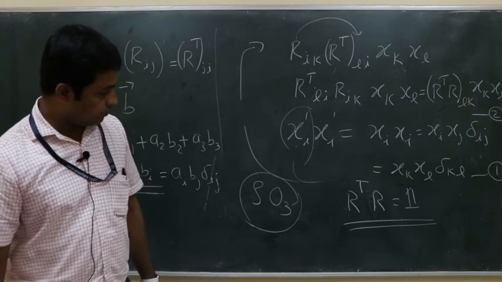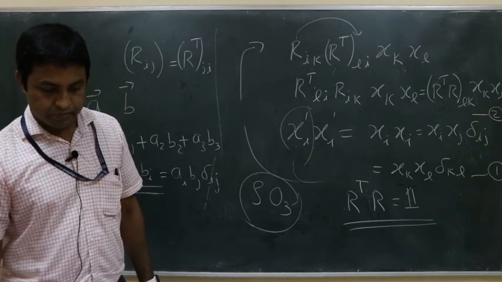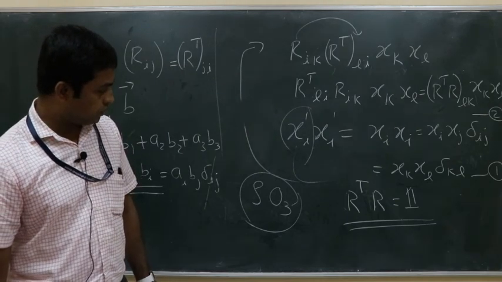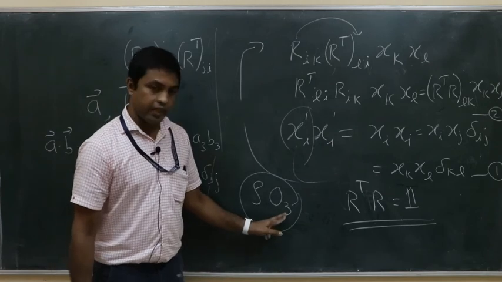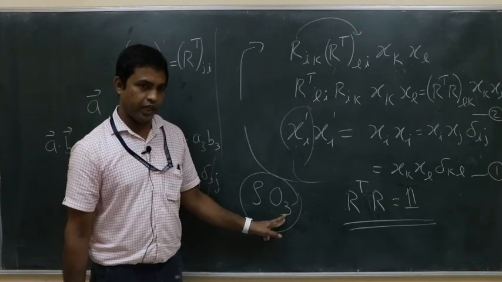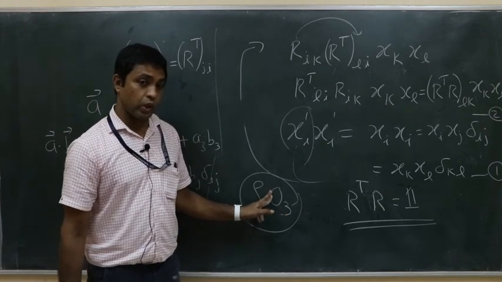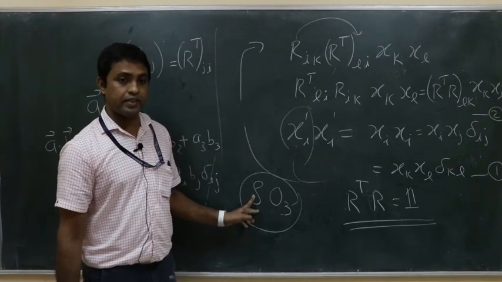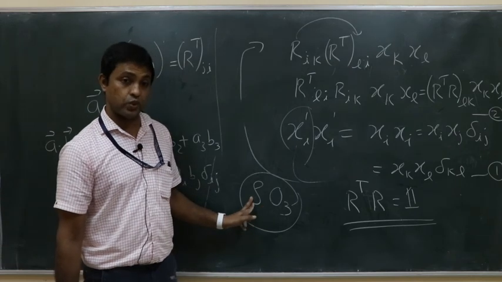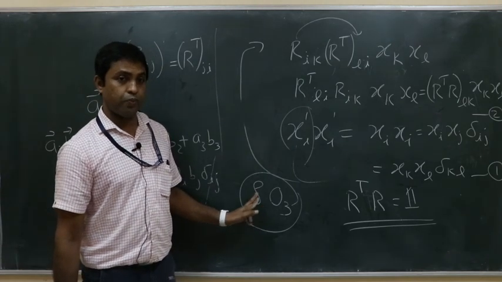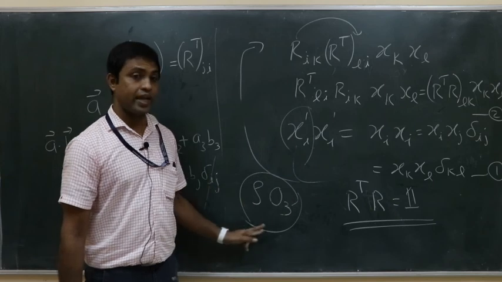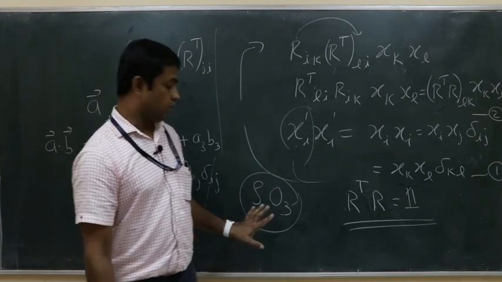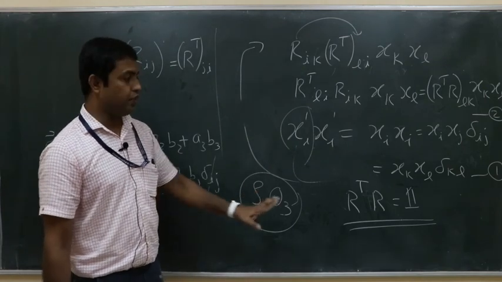Is the O in SO3 the order? Pardon me? The O in SO3 is not order. The 3 means 3 dimensions. The O means orthogonal. The S means special, meaning the determinant of that orthogonal matrix is plus 1. So proper rotation belongs to the SO3 group. What a group is and its properties we'll learn later on. Right now I'm just giving you a glimpse of that.